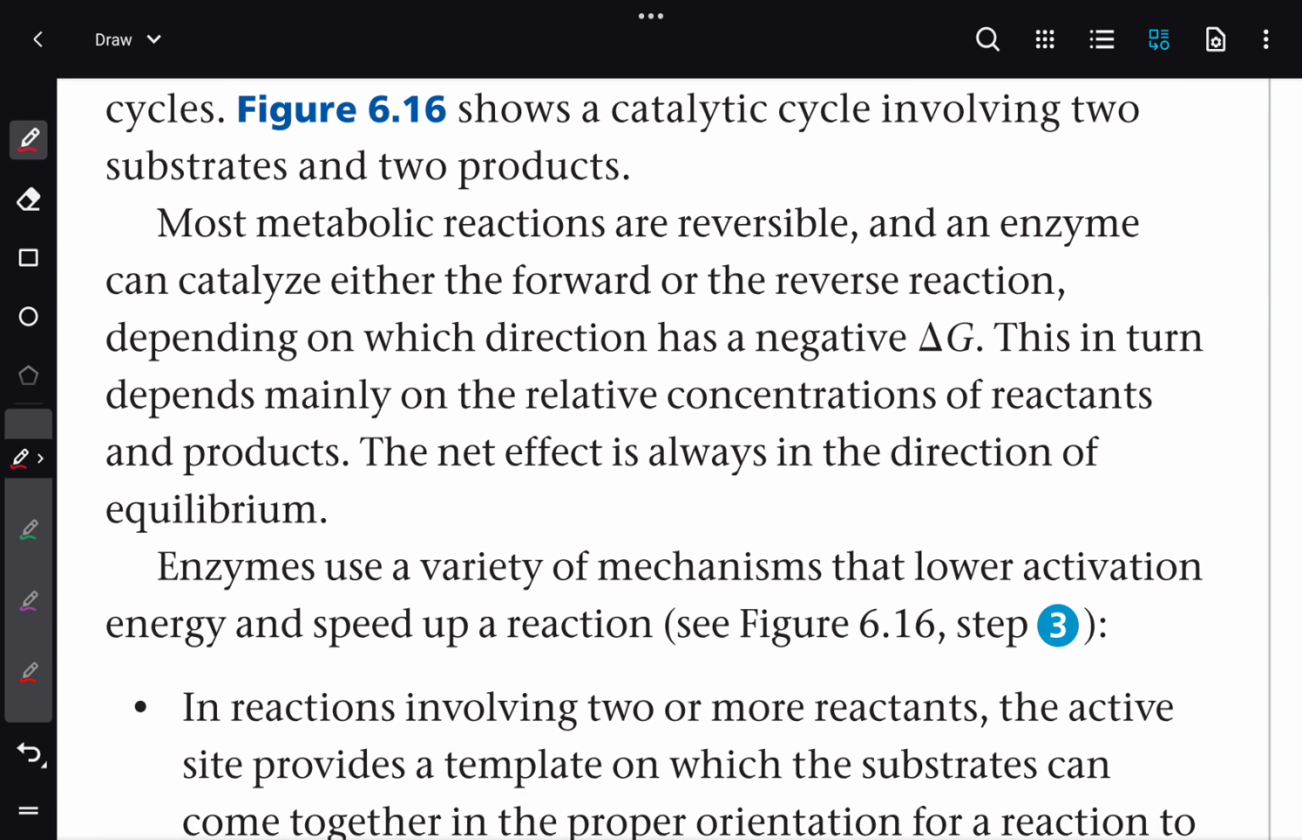Okay, now most metabolic reactions are reversible. Most of them are reversible. And an enzyme can catalyze either the forward or the reverse reaction. Okay, that's very interesting. Either the forward or the reverse, because the enzyme captures the substrate and changes it into the product on the active site. So that active site can accommodate the resultant, the product, or the reactant, the substrate, depending on which direction has